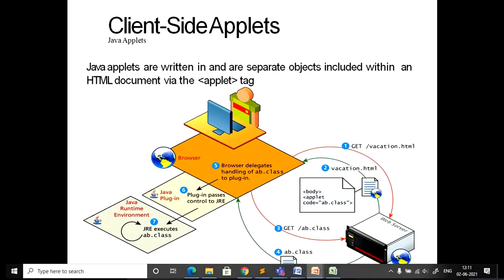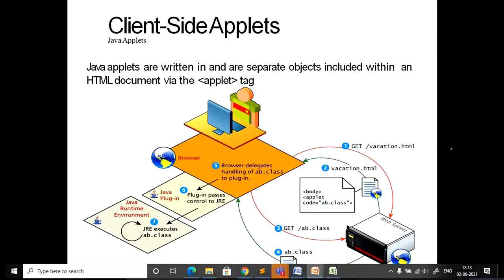I think everybody knows the term applet. Yes, no? Have you created any program? If you have used or created any applet, just put yes in the chat. How many of you have run an applet program? If you have studied, I think definitely you will know about the applet. If you have executed any program, just respond. Put yes in the chat box.